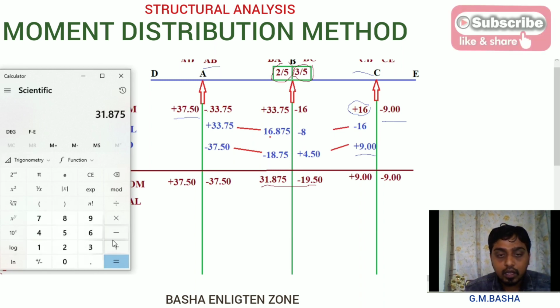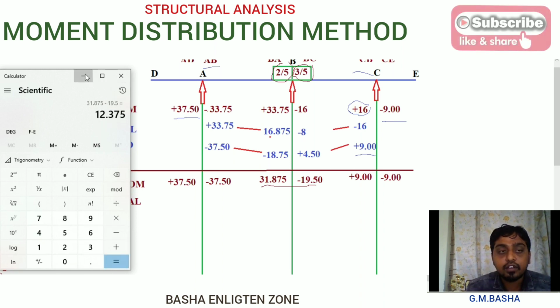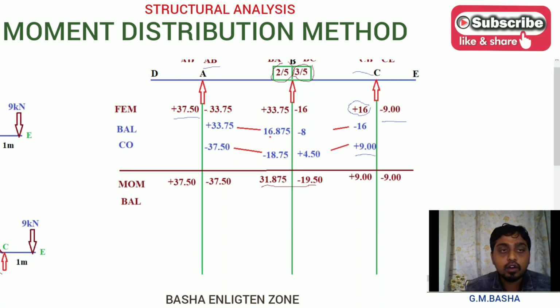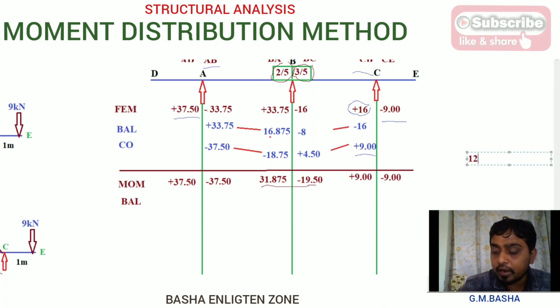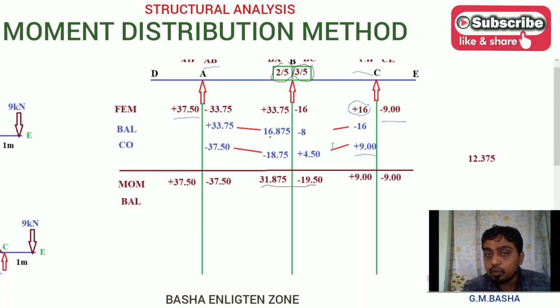31.875 minus 19.50. So balance means we have to add those two, then you will get 12.375. So please take down reference, write down 12.375. If it will be 12.775 means you have to balance that moment. Means what you have to do, I am just adding these two, and with this moment I have to multiply